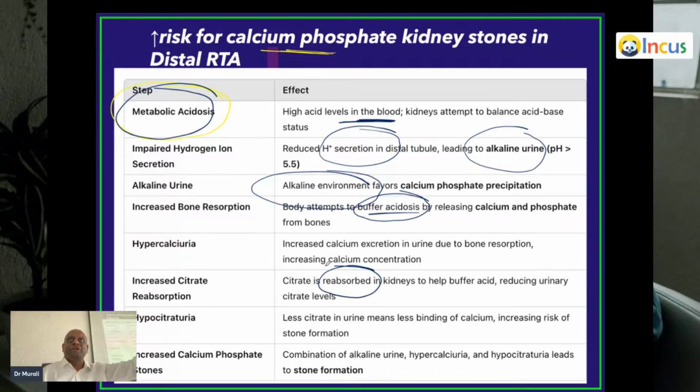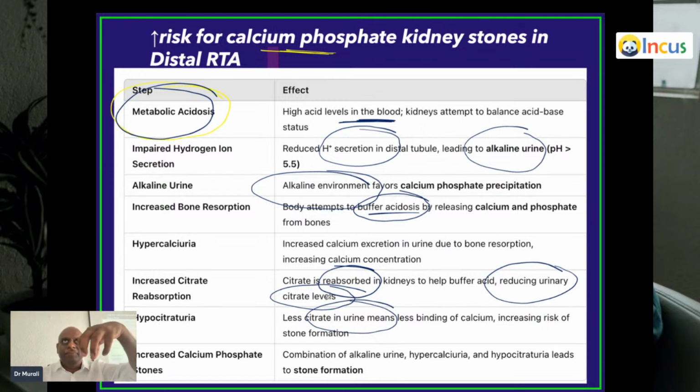Because of that, how is citrate in the tubular fluid? Low levels. So there is a reduced urinary citrate level, and reduced urinary citrate has an effect. Why? Calcium in the tubular fluid has two choices: it can combine with phosphate or with citrate. If citrate is not available, it will combine with phosphate. So hypocitraturia, low citrate levels in the tubular fluid,